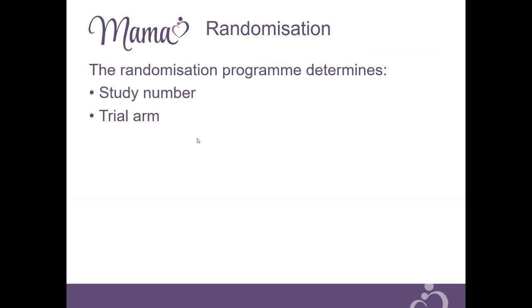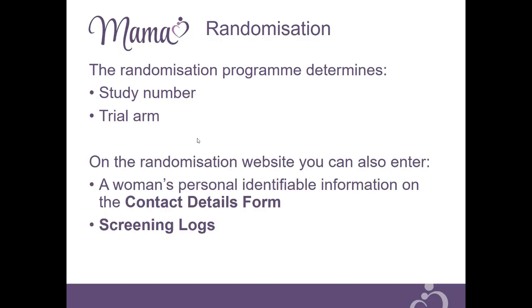The randomisation programme determines a woman's study number and the arm of the trial that they will enter. It also confirms as part of this process that the woman meets the eligibility criteria for the trial. It's also where a woman's personal identifiable data are entered on the contact details forms, and screening logs should also